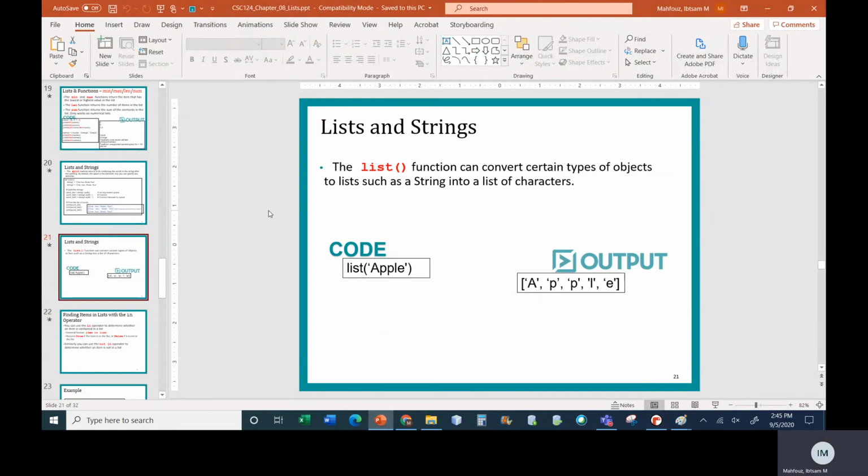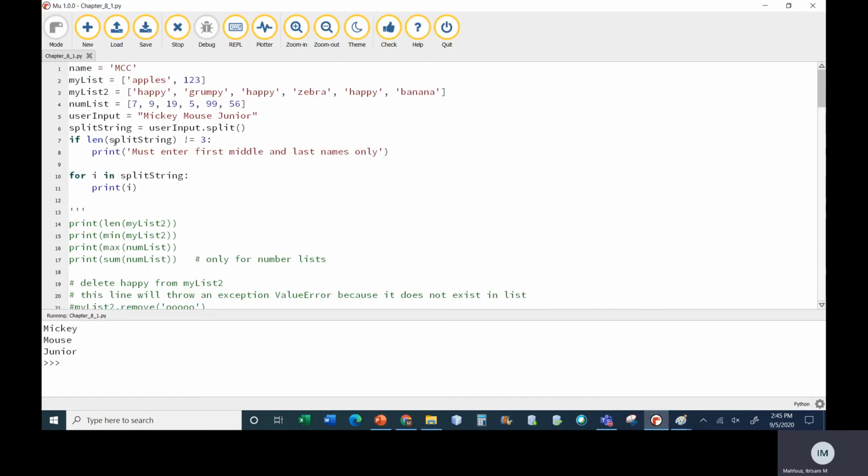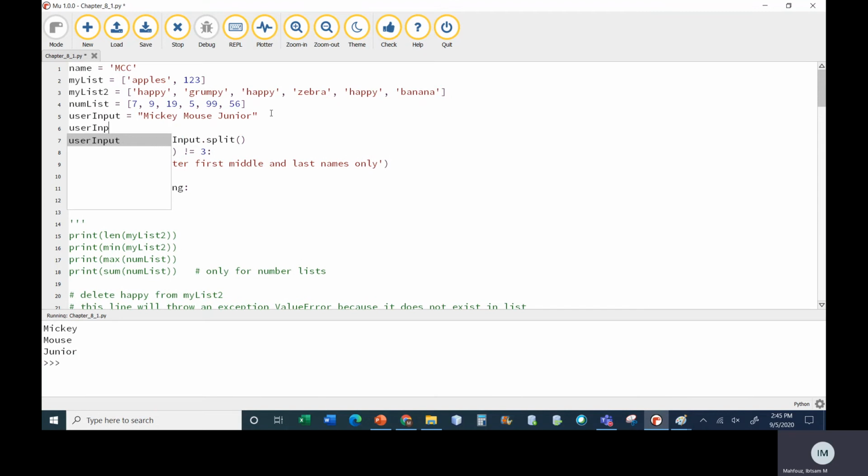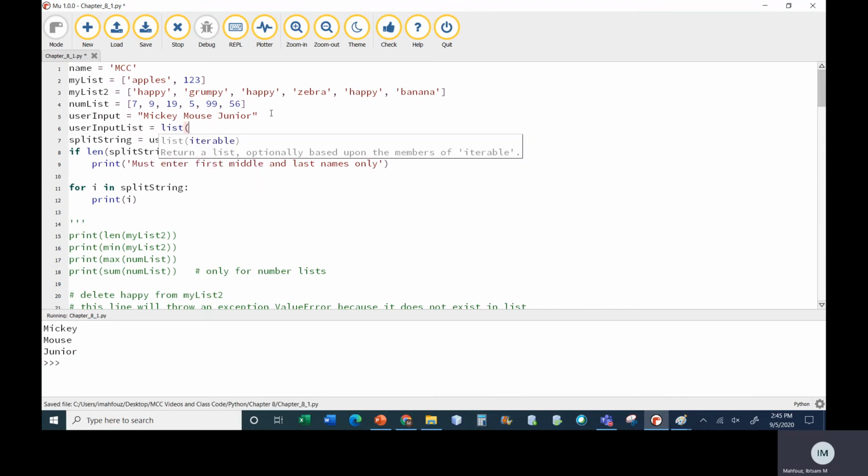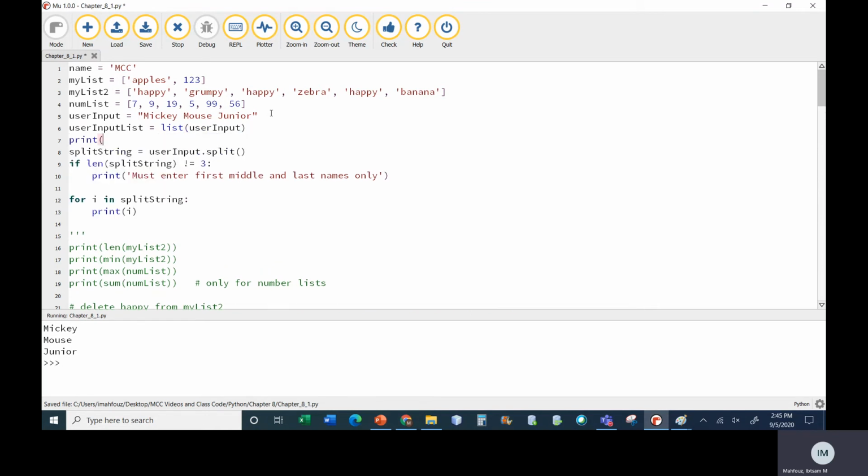The nice thing also is that just like we were able to convert numbers to strings and strings to numbers, we can convert a string into a list. How would I do that? Well, if I have a string, let's say here, Mickey Mouse Junior, and I want to change it into a list, I can say user input list equals, and I call the list function on user input. And now if I print user input list,